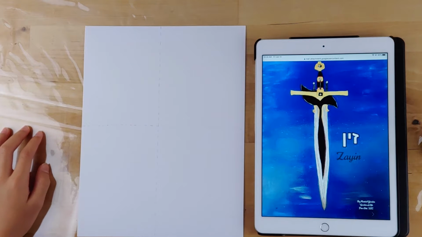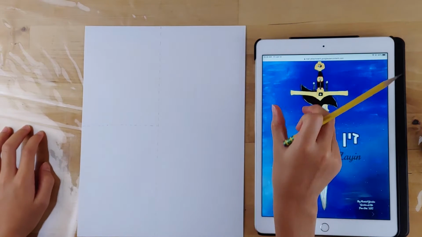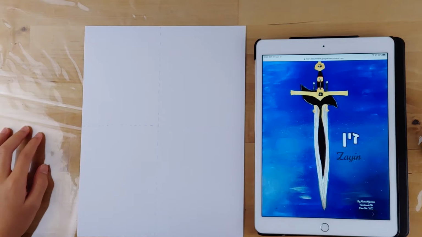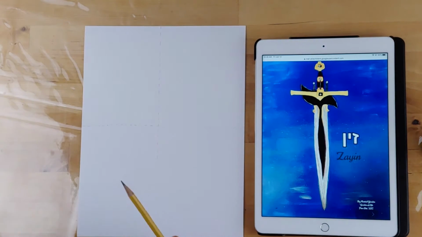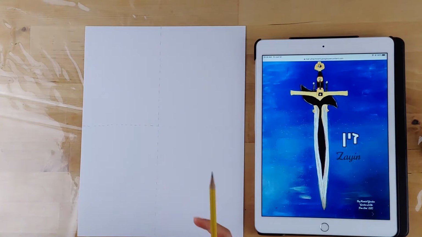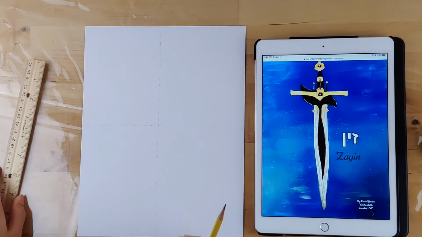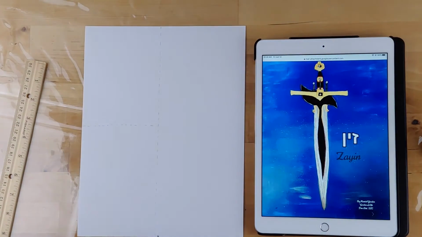So that is the solid level of understanding for the Zayin. Now we're going to teach you how to draw and paint this wonderful, cool sword. So awesome. To draw this amazing letter, we're going to start at the top and work our way down through the entire Zayin. For this part, I highly suggest using your ruler. I will be using it as well because we want it to be as centered as possible with the middle line.